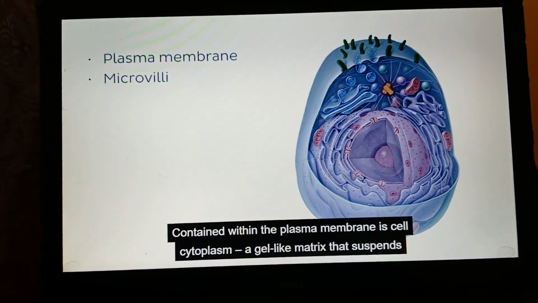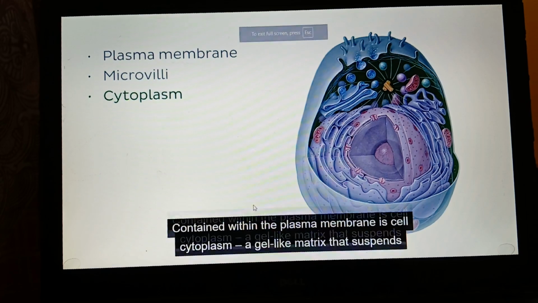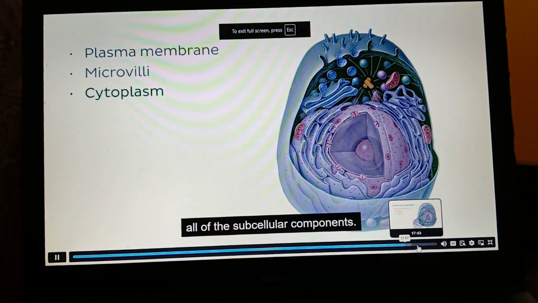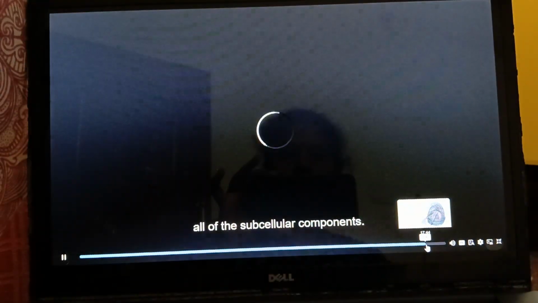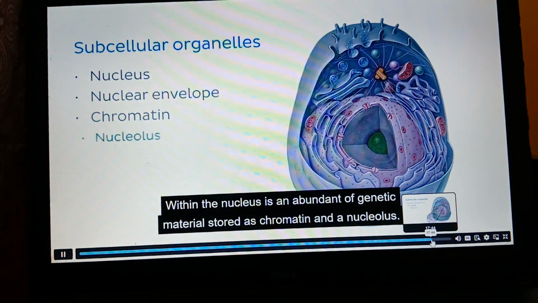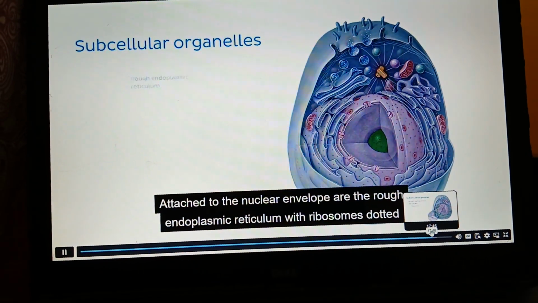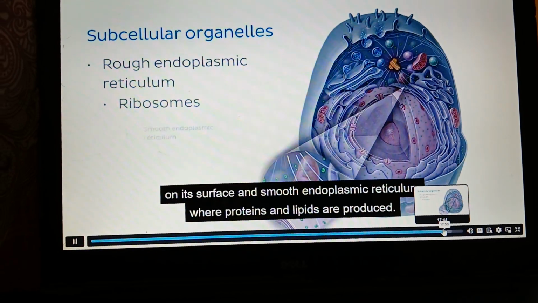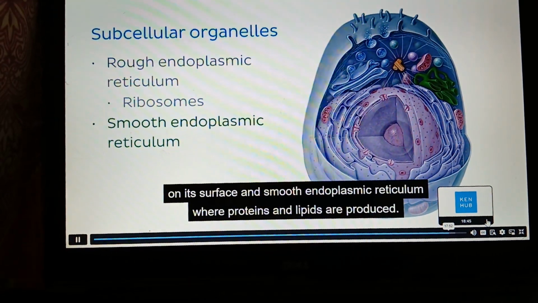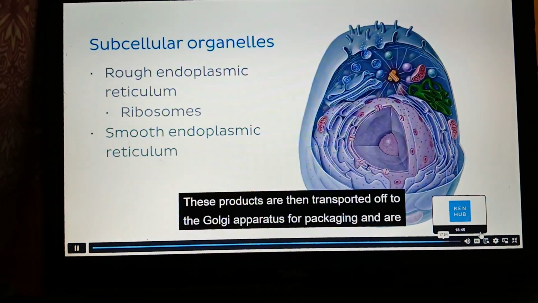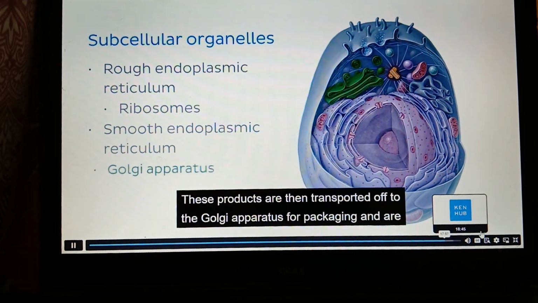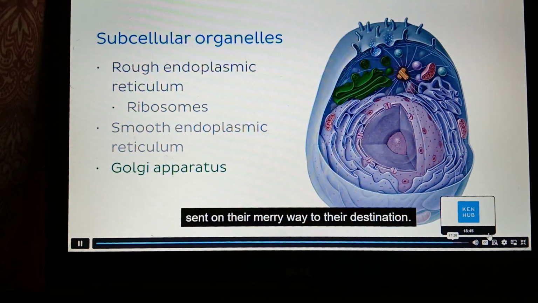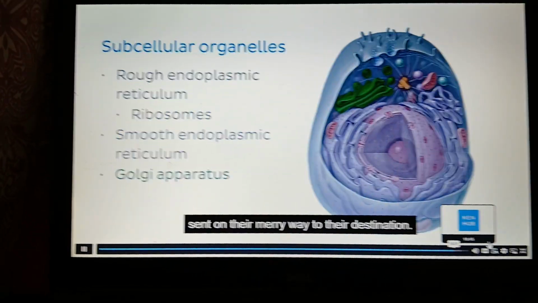Contained within the plasma membrane is cell cytoplasm, a gel-like matrix that suspends all of the subcellular organelles. Attached to the nuclear envelope are the rough endoplasmic reticulum with ribosomes dotted on its surface and smooth endoplasmic reticulum, where proteins and lipids are produced. These products are then transported off to the Golgi apparatus for packaging and are sent on their merry way to their destination. Some of these